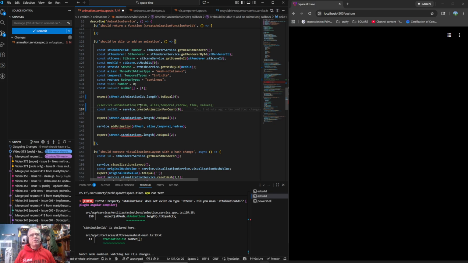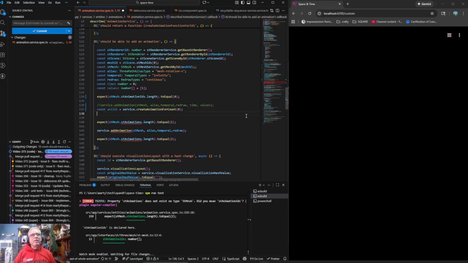Oh, okay. Back then we would give it the whole mesh. Okay, so now we don't do that. What we do now is stMesh.stAnimationIDs.push. So this ends up being a bit of an any ID one, and then IDs. A bit of a silly test now because